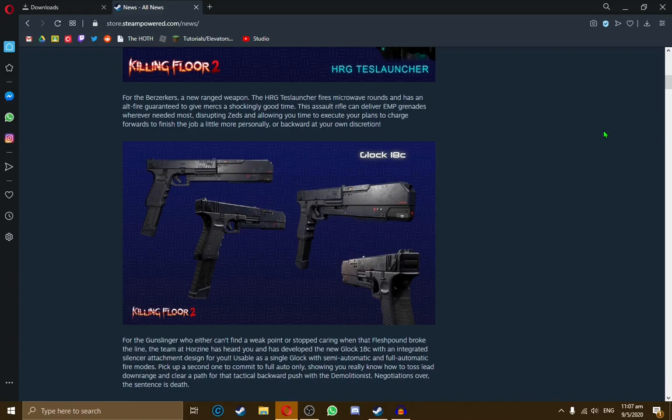This is for the gunslinger, while the other Glock 18 with the riot shield was for the SWAT, which kind of makes sense because, well,